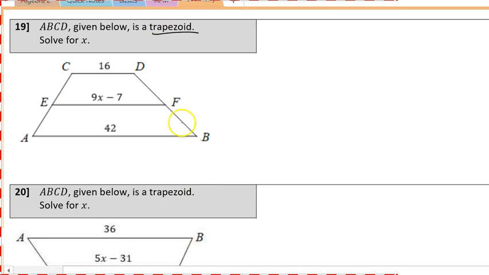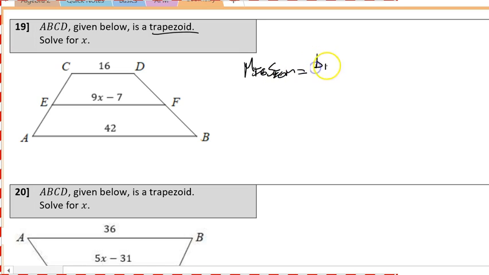Okay, questions 19 and 20 are very similar. We are given a trapezoid and we are given this random-looking diagram. E and F are the mid-segments of AC and DB respectively, meaning that we have a formula for the mid-segment. Mid-segment